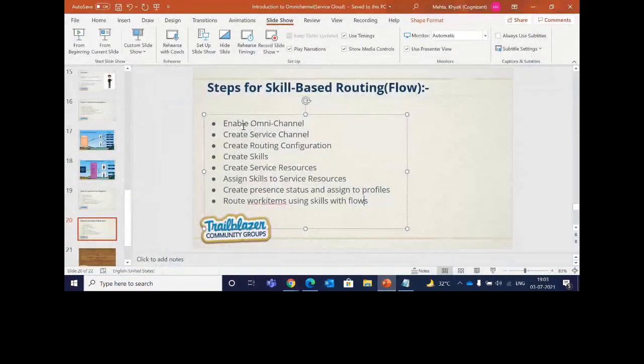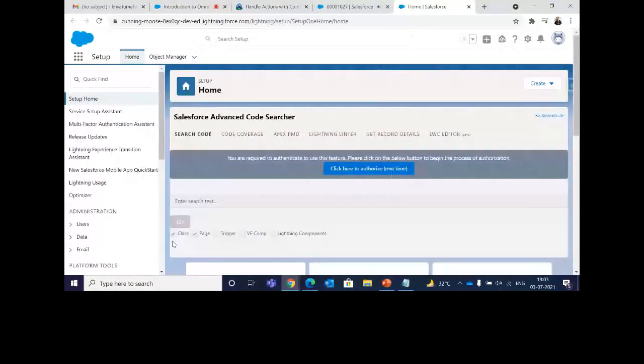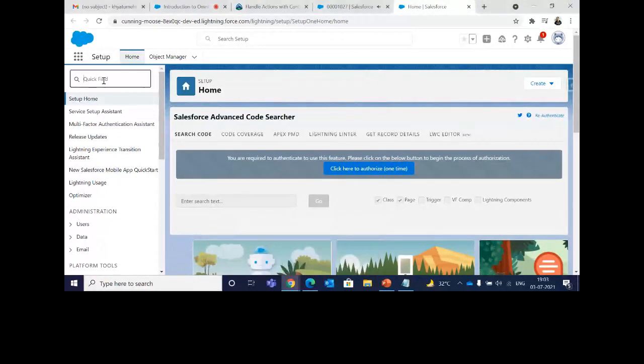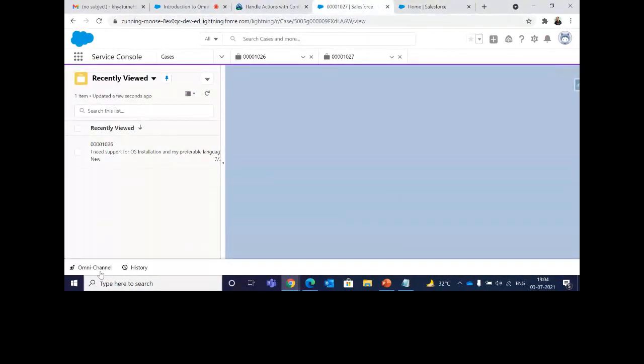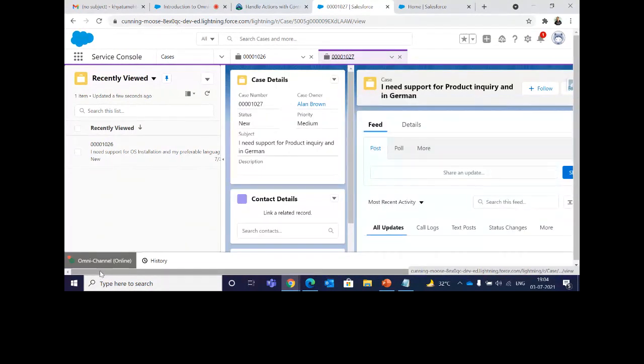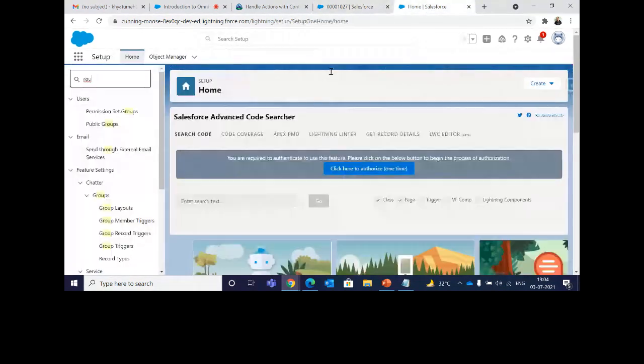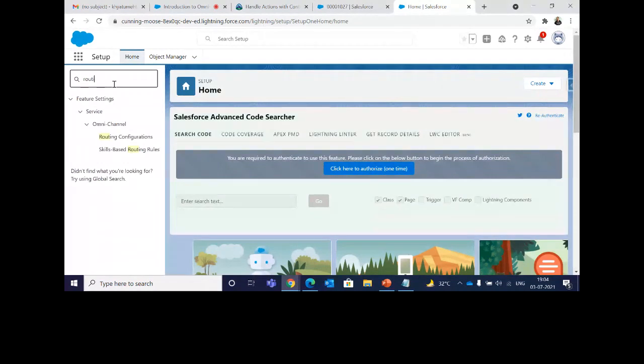As you can see, I have enabled it. So I just need to route. I guess it is coming from here. Yeah, so this is online. Until and unless I accept it, this will go on. So I'll just make it offline. And let's go with the flow version.